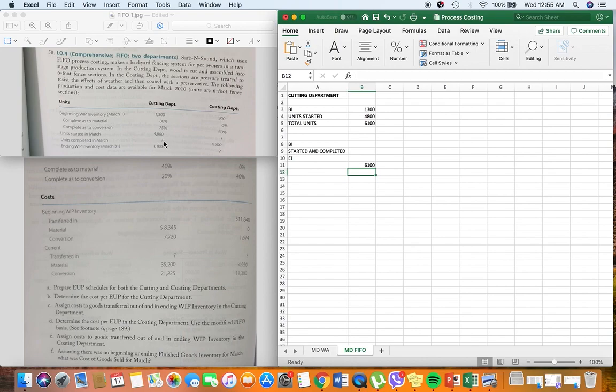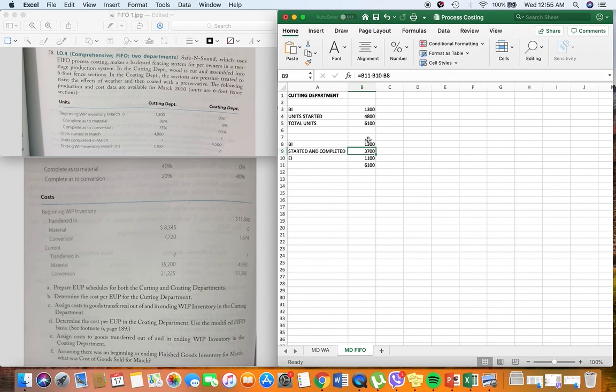And based on the problem, we still have 1,100 units left in our ending inventory. And then, for our beginning inventory, of course, 1,300. So, to compute for the number of units started and completed, we will deduct the ending inventory as well as the beginning inventory units from the total units to be accounted for